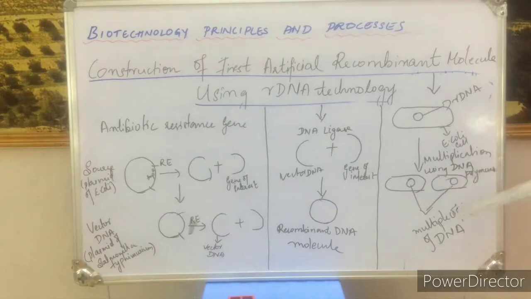It is going to form multiple copies of the DNA, and so on. If many copies or many cells are produced with the recombinant DNA, they are going to express in favorable conditions and form the product. Till you get the multiple copies of the DNA, till here it is known as the gene cloning technique.